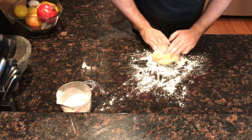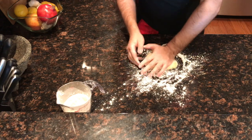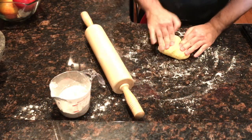And then we're 10 minutes. This counts as cardio, muscular work, everything. I'm not going to the gym today, counting this. Okay, our dough is coming together really nicely. I've been kneading it for about 10 minutes. It's a nice, even